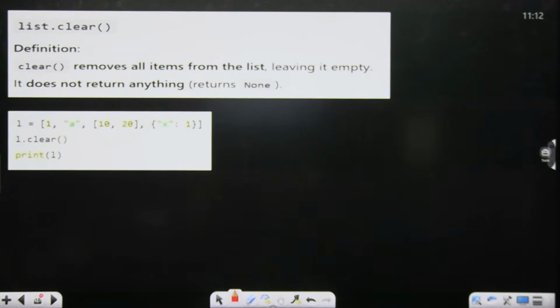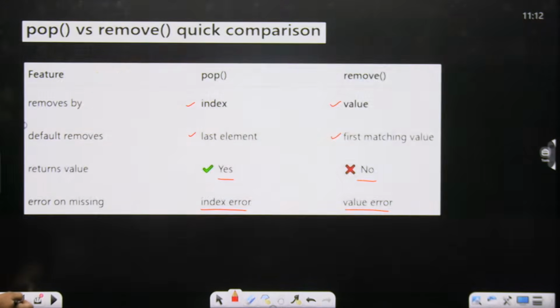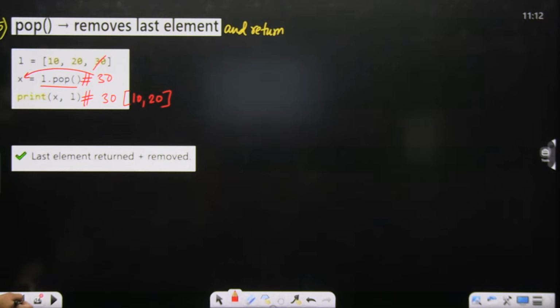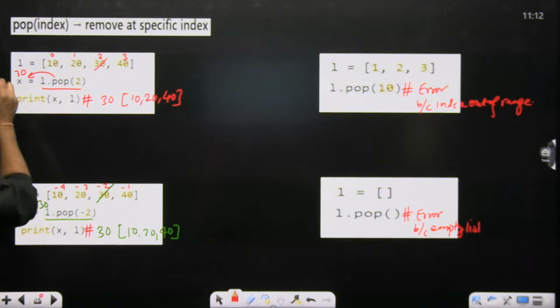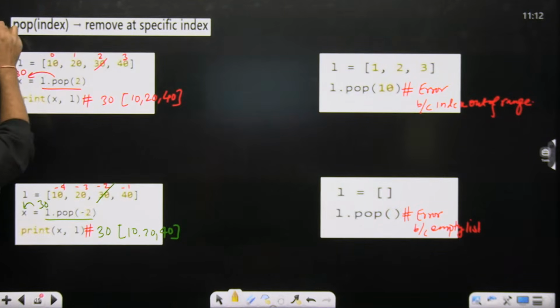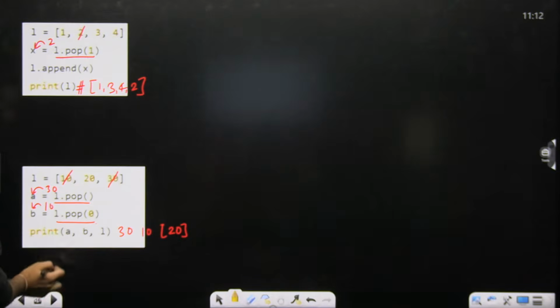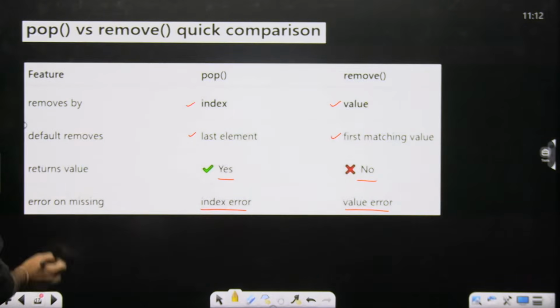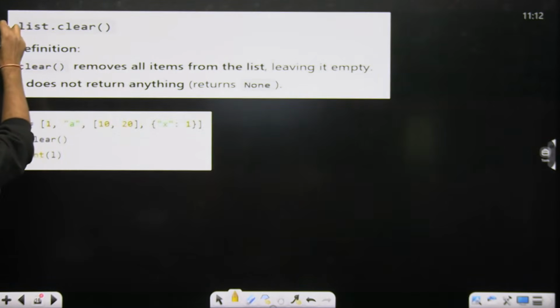Now next is the clear method. Sir, I think this is number 6, no? 5th. Sixth. So 7th. Clear removes all items from the list and leaves it empty. It does not return anything, it returns None, student. So for example,